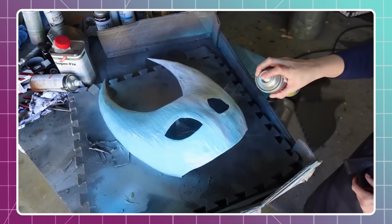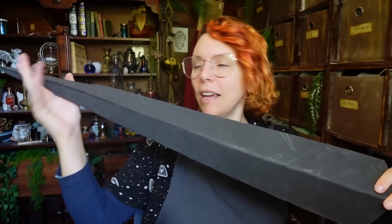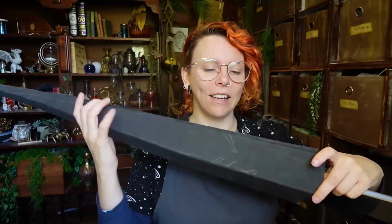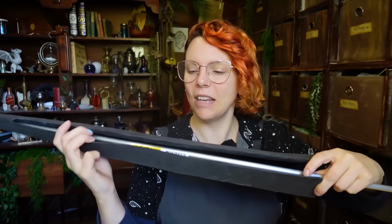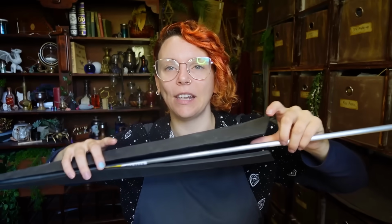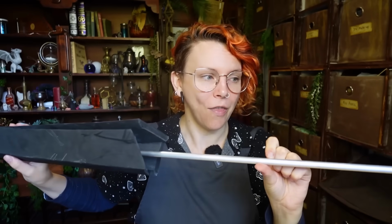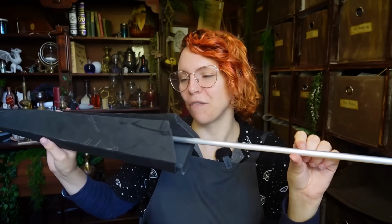It's just gonna help me see that texture a little bit better and hopefully fill out some of the gaps. Needle is looking fantastic. You can see I've left one end still open here. That is like the only instance of foresight that I've had in any of this project, but I've left it open so that I can get into here and add some reinforcements around this thing here, which is literally just an aluminium rod that I've shoved in there, and that's just going to form the handle and like reinforcement through